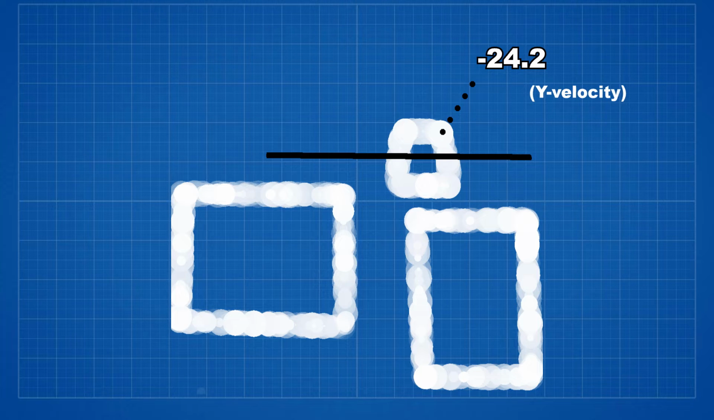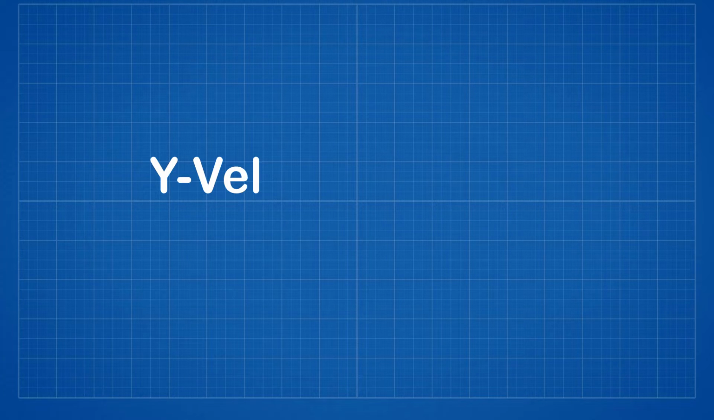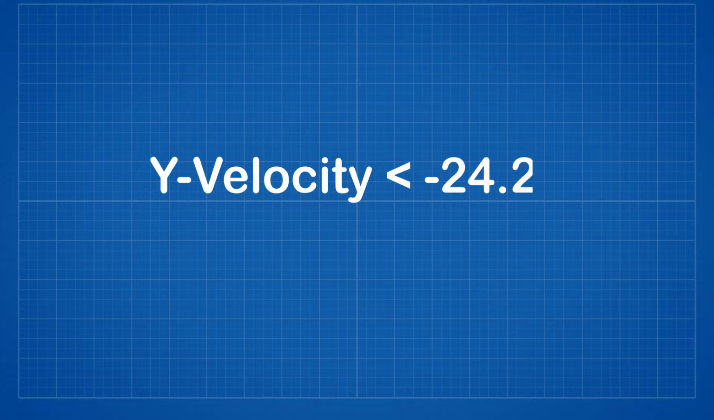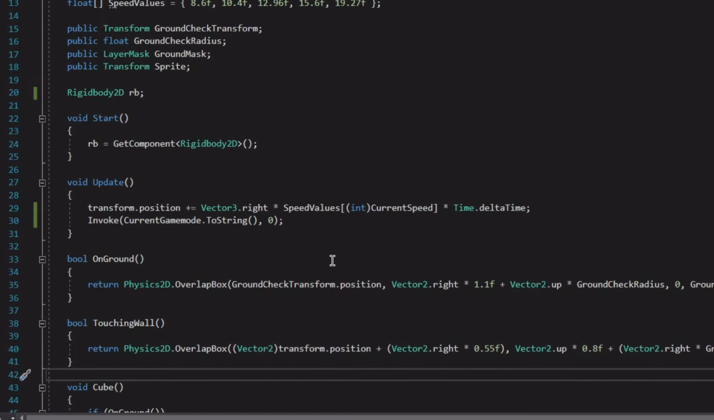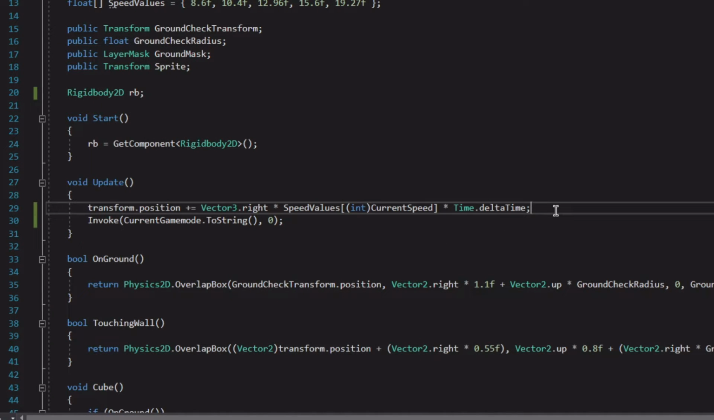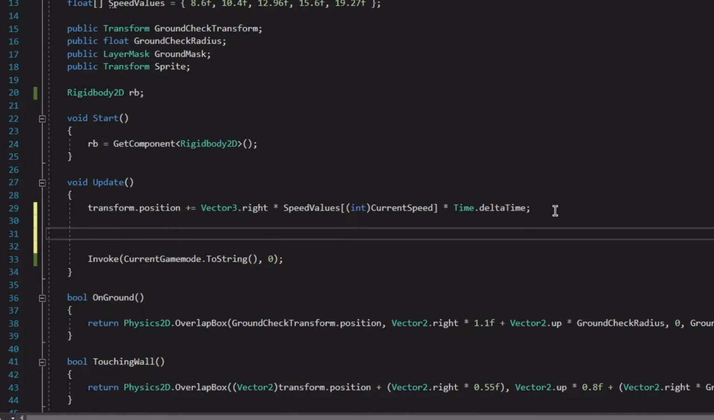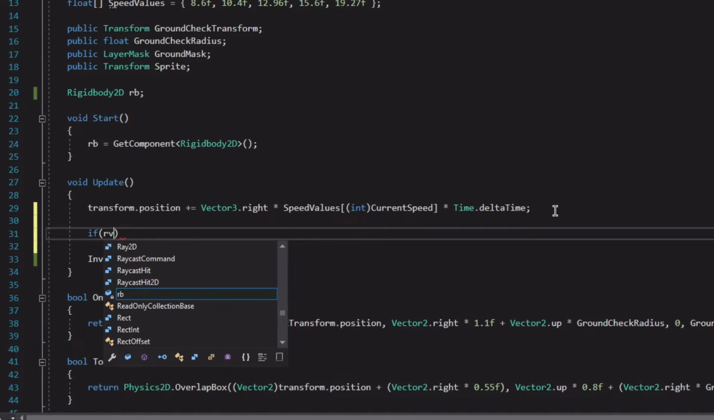Now it's pretty easy. We check if our y velocity is below -24.2, and if it is, we put it back to -24.2. So let's implement that in our little movement script. So back into our movement script, we're going to add a new function. It starts with an if statement. If